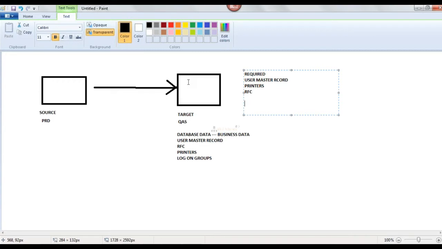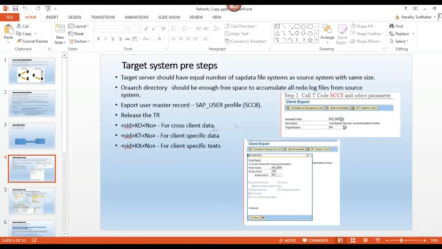So after system refresh, the users I have exported in quality system before starting the refresh, those users again I can import into the same quality system, right? For that purpose, then I will get my old users again, correct? Quality system. So that's why in target system we need to take a users export.